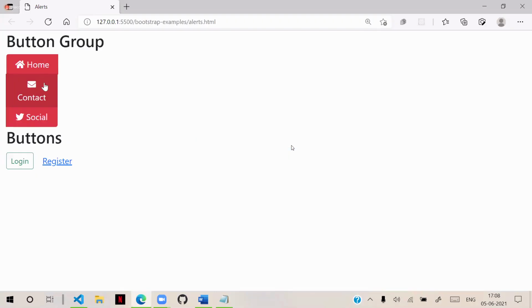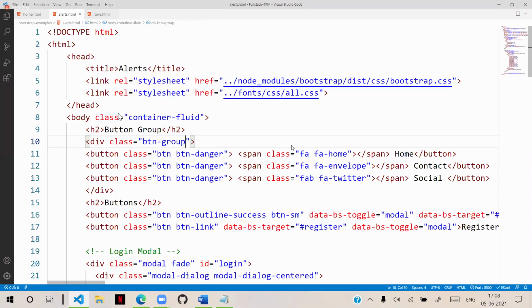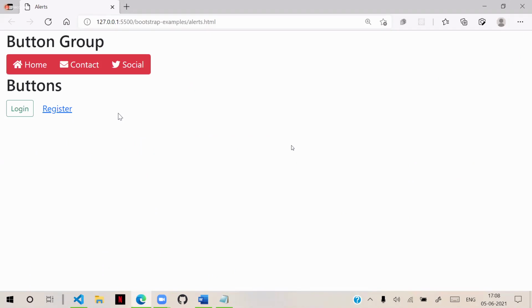Of course, we need to adjust the width accordingly for the contents. If I don't define vertical, then by default it will be horizontal. These are button related classes which are used for making the buttons more effective.